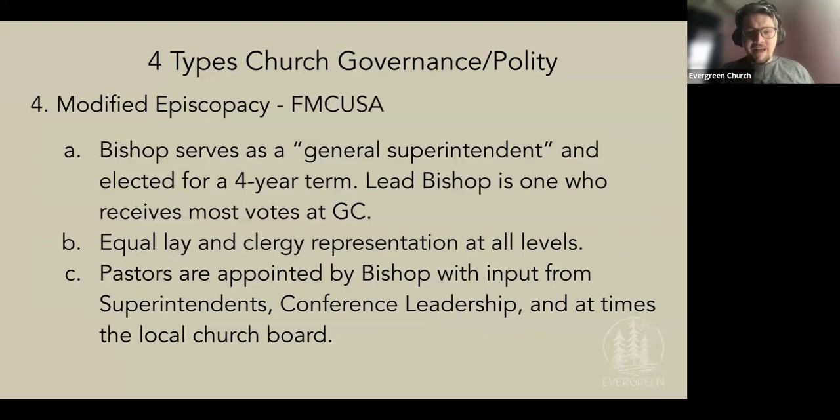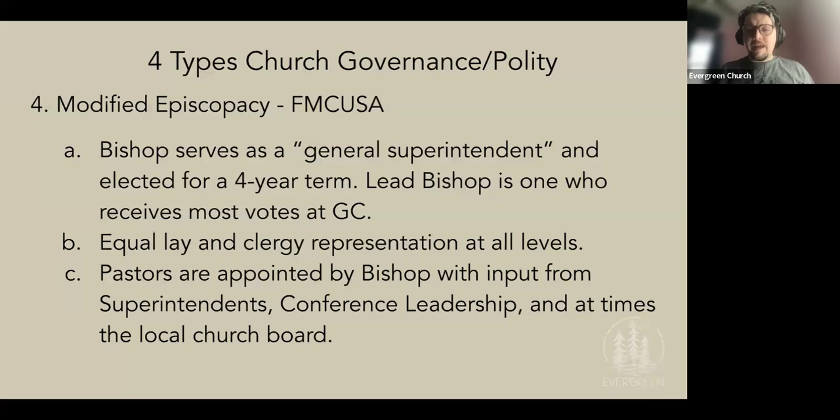In the Free Methodist Church, we have what's called a modified Episcopal system. Our bishops serve as really a general superintendent, and bishops are elected for a 4-year term. The bishop serves on a team, so we currently have 3 bishops, and the one who gets the most votes serves as the lead bishop. But really, that just means that the lead bishop puts together the agendas for the meeting, but they really serve as a team. What's really unique about the Free Methodist Church, going back to our historic situation, is that at all levels within the church, local, regional, national, even international, we have equal representation between clergy